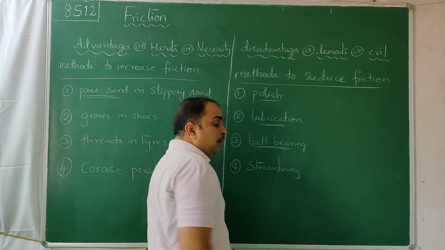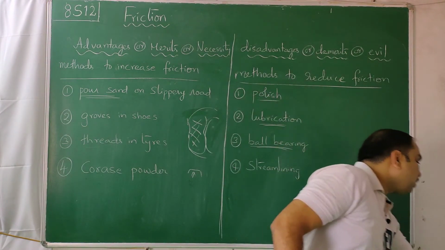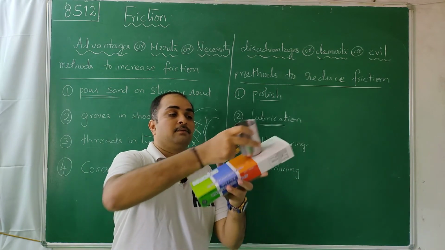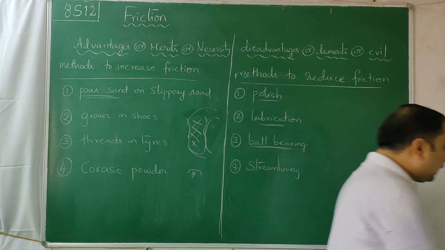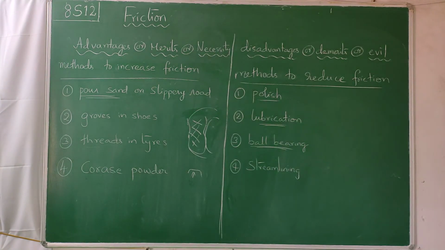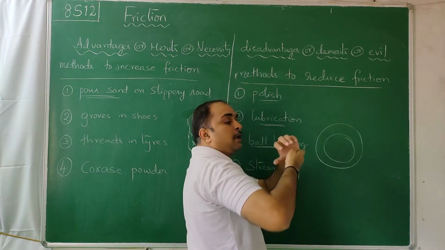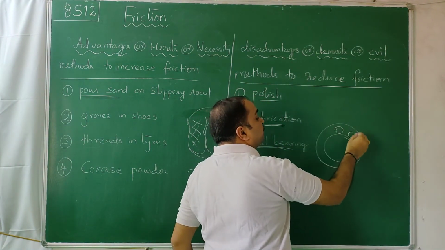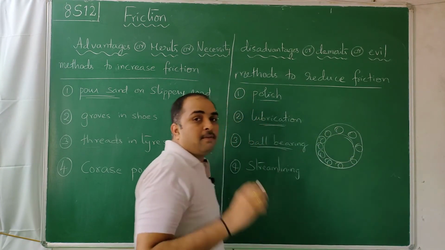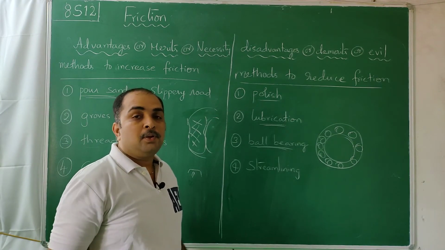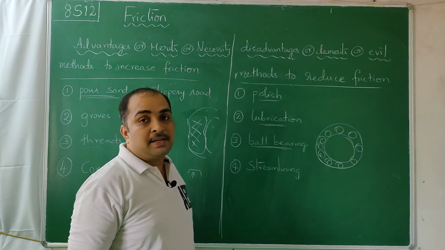Ball bearing. Compared to sliding, rolling is easier. See here, this is sliding motion, this is rolling motion. Rolling motion is more comfortable than sliding motion. It will happen easily. Therefore, when two wheels have to slide one against the other inside a machinery, they insert some hard steel balls. Even in the fan you have ball bearings. So what the ball bearing does is convert sliding motion into rolling motion, which is easier.